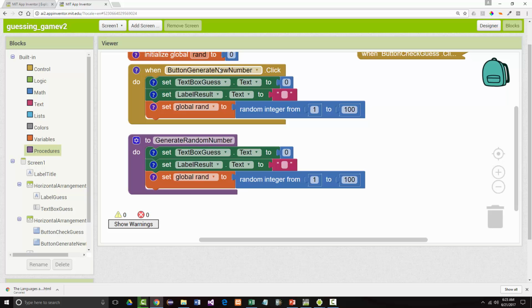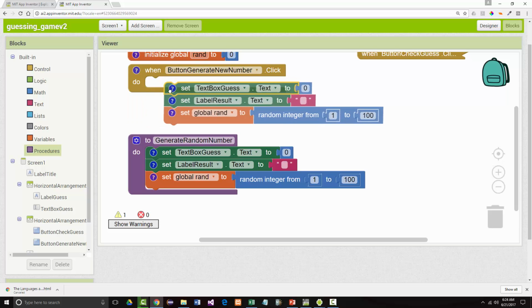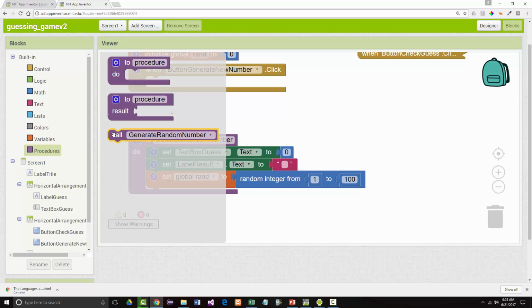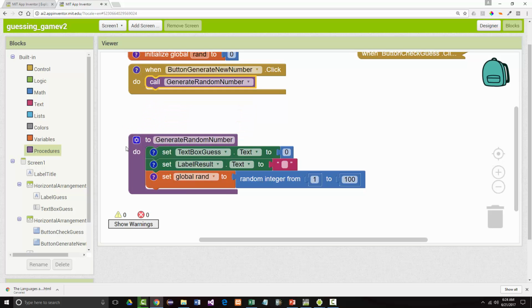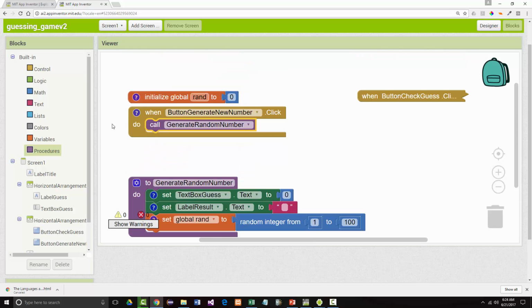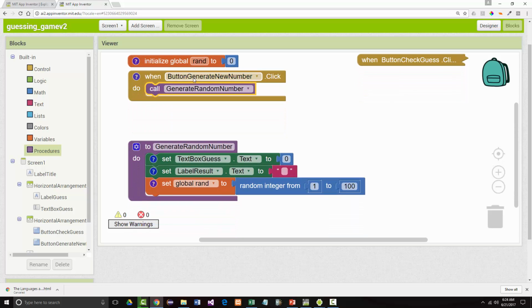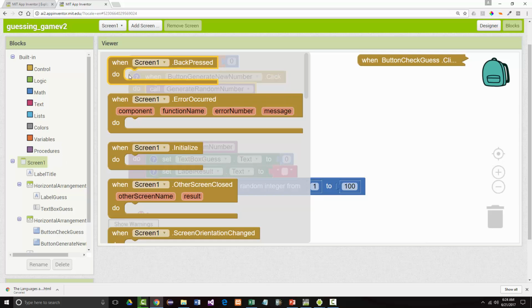Now I can say when you click that particular thing right there, I can just tell it to come in here and call a procedure. So now what I'm saying is whenever that button is clicked, call that procedure, which will do all of this. In the same way, I can go back now to my screen 1 initialize routine,